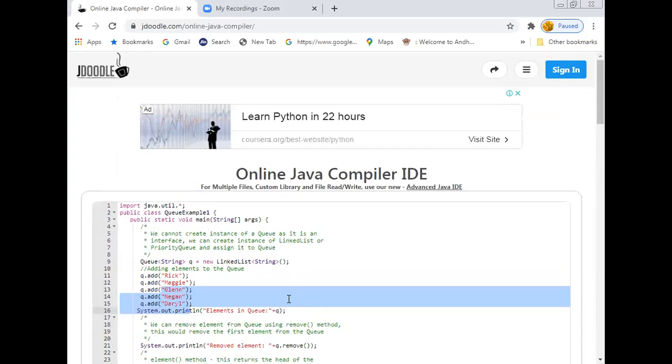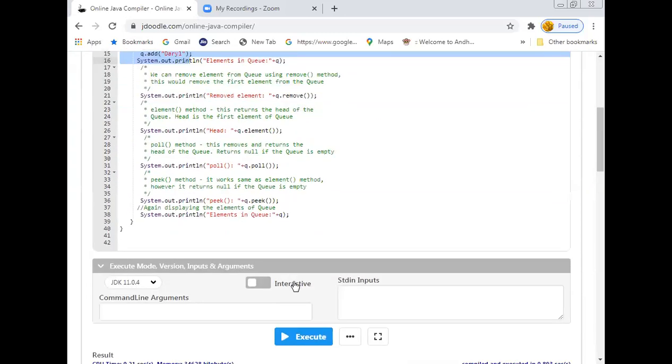Don't worry about it. I'll share all these details, all these codes with you. You can check at your home. And if you have any queries, you can discuss them in the next class. Okay. Now let me explain the priority queue implementation of the queue.